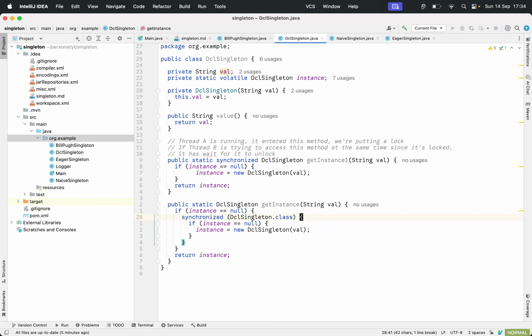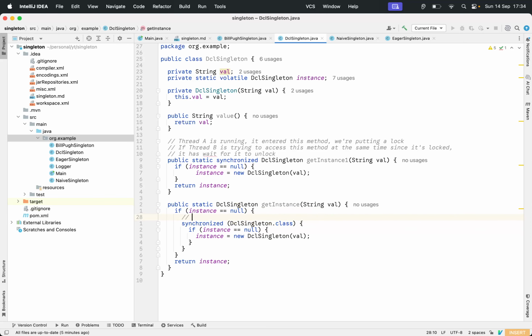And if it is null, we mean to create the object. So that's when we have to lock. That's where the synchronized block is inside here. And the second null check: until this point, two threads can arrive at this line below at the same time.